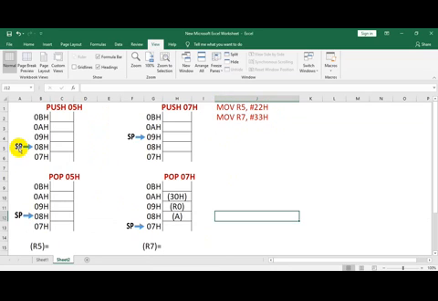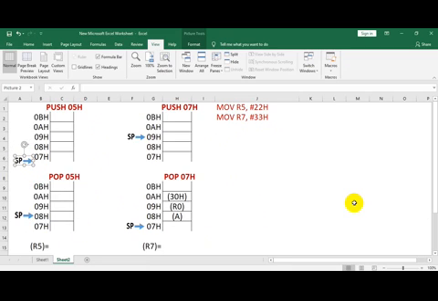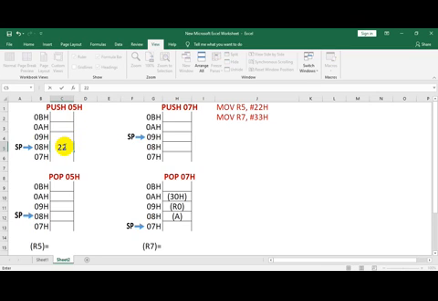Earlier to this, the stack pointer was pointing to the default location, that is 07H. When push 05H is executed, the stack pointer will be incremented by 1. It will point to 08H now, and the contents of register R5, that is 22H, will be stored onto the stack memory.